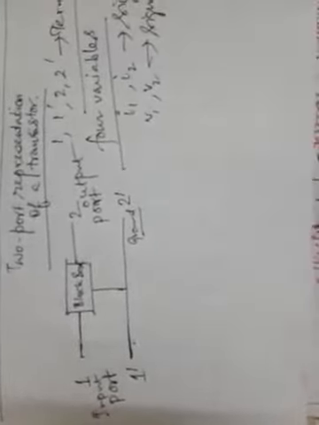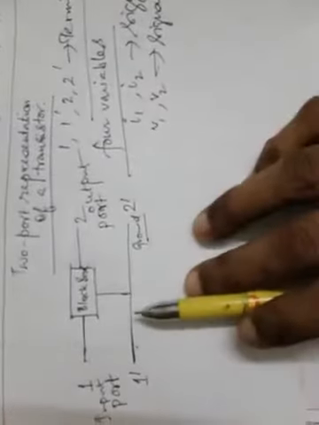So these 4 variables will be specifying the terminal behavior of this black box or 2-port network. So now by taking any two of these variables, I once again repeat, as independent and the remaining 2 as dependent variables, it is possible to derive several pairs of equations. So for mathematical analysis we should be writing some equations, and we need a pair of equations at least for proper analytical approach of mathematics for this 2-port representation.